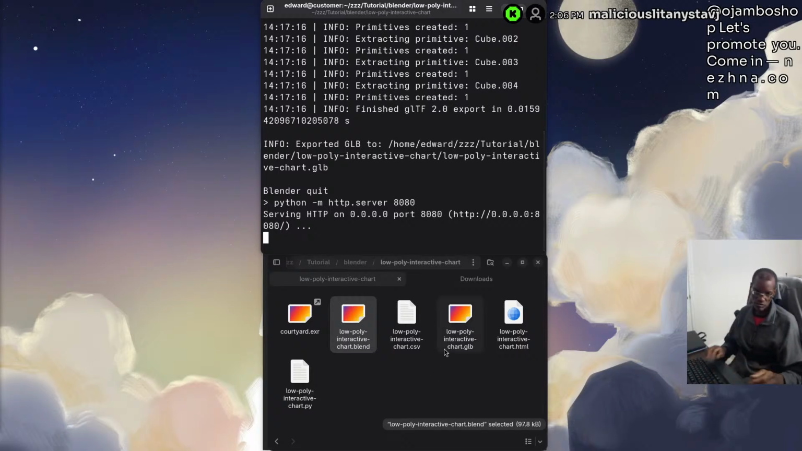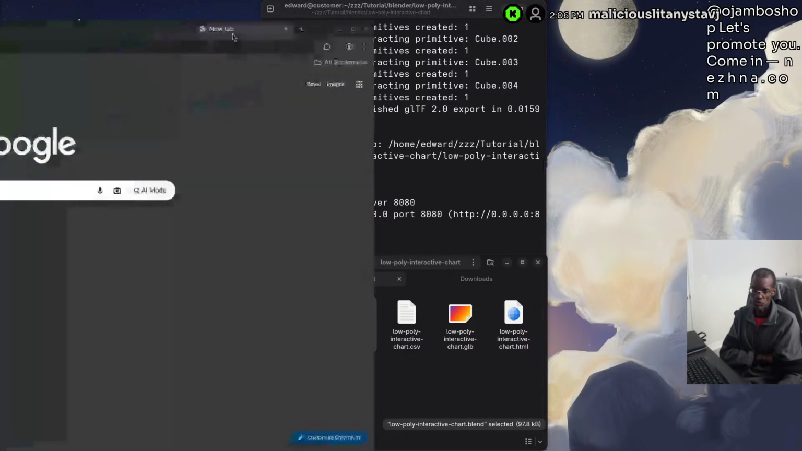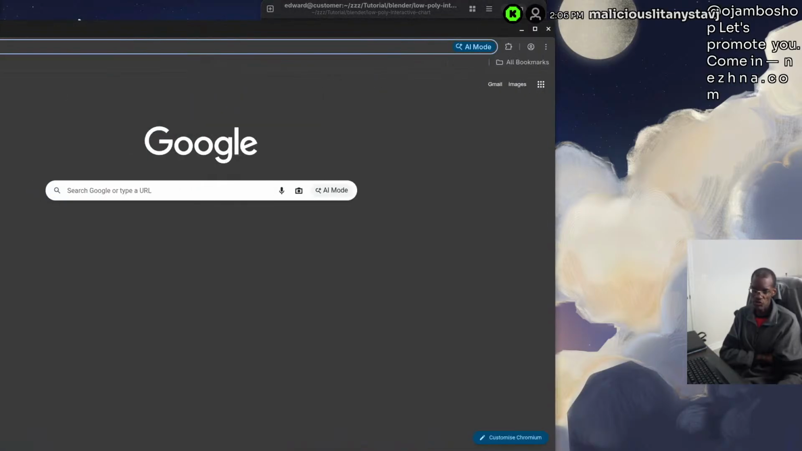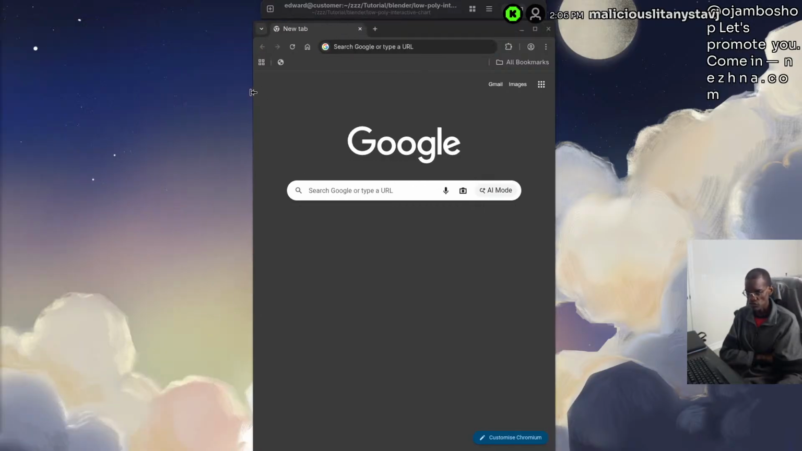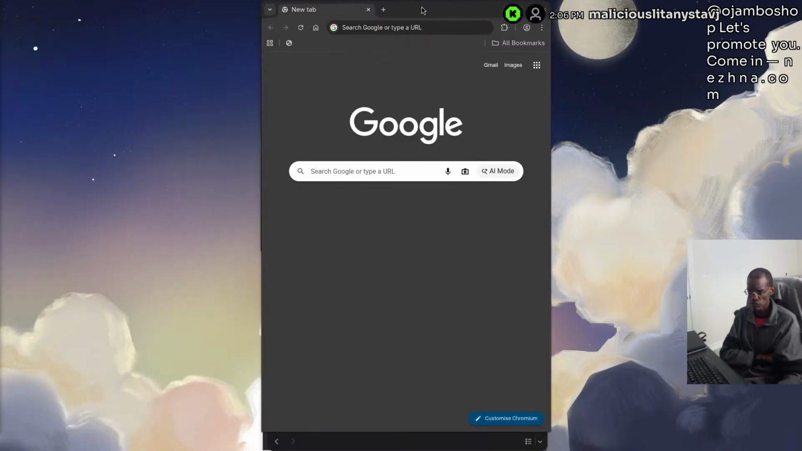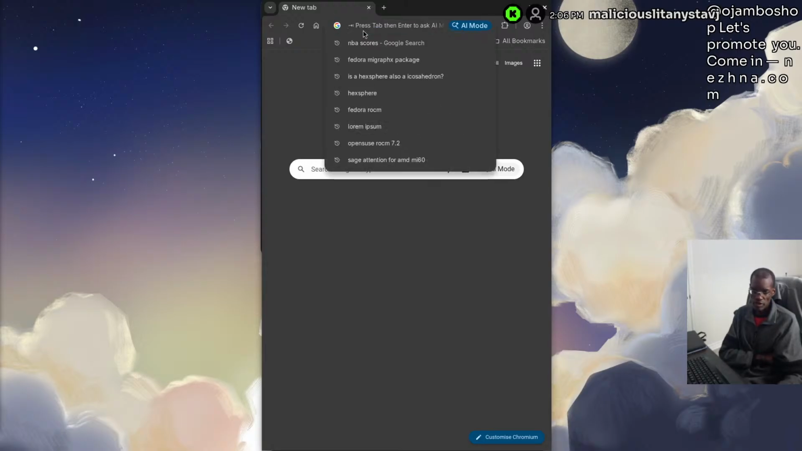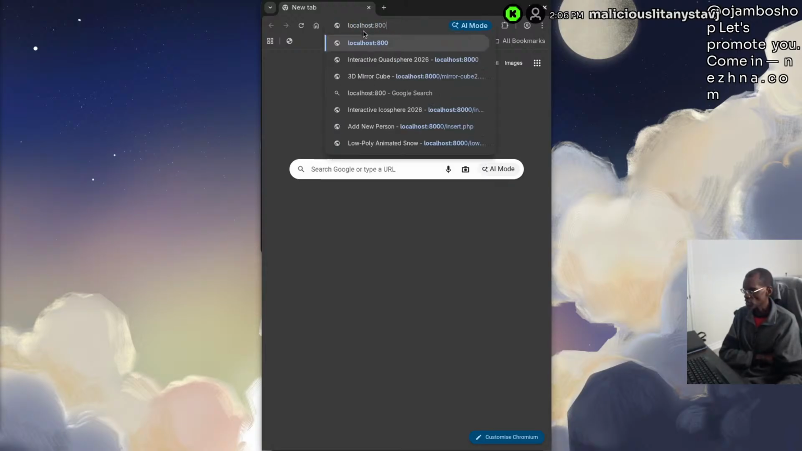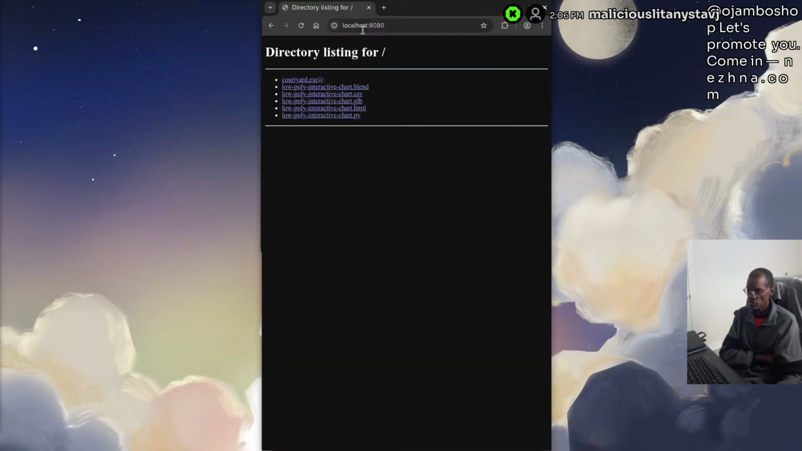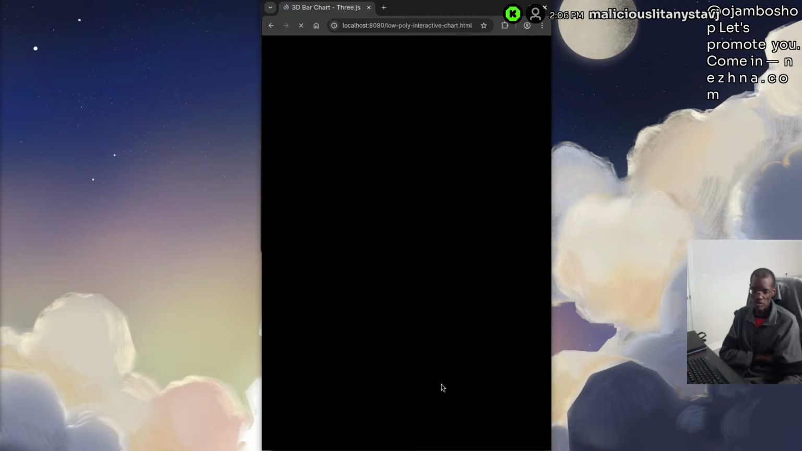All right, so let me grab a window here. I'm going to use Chromium because I know Chromium has WebGL and I've had it for a while. Okay, so I'm going to go here, then, was it an index? I hope it was index I used. So if I go to localhost:8080, yeah, perfect. So I didn't create it as index.html. That's perfectly fine. So I just click this low poly interactive chat HTML. I click on that,